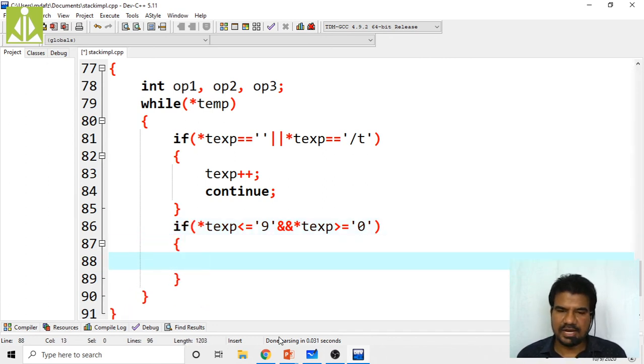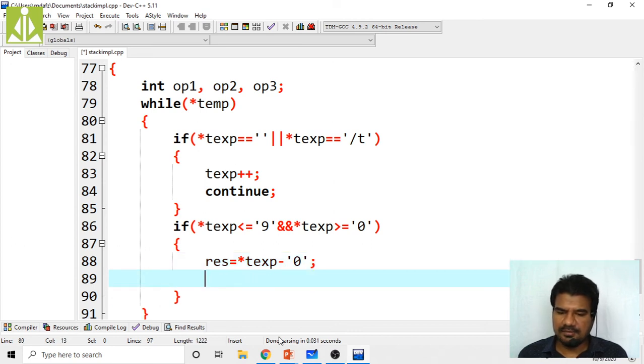We have to get the integer equivalent of that character digit. Then we have to push that integer equivalent onto the stack. How do we do that? Result equals to star TEXP, and subtract '0' from it.